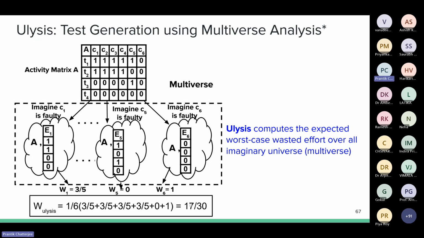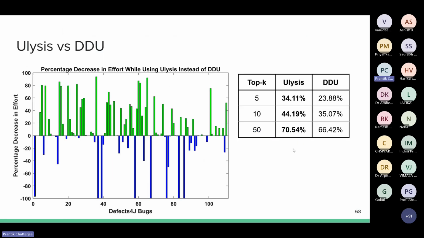We call this the Ulysses score. You can plug in this Ulysses score as a fitness function to your test generator, which is EvoSuite, and you will be able to generate test suites which are optimal for fault localization. In fact, we performed experiments on a set of benchmarks called Defects4J. Defects4J has 6 real-life Java software repositories, and the programs can be quite large. I think the largest program contained something like 92,000 lines of code, and as far as I can remember, it contained 392 bugs in total over all these programs.